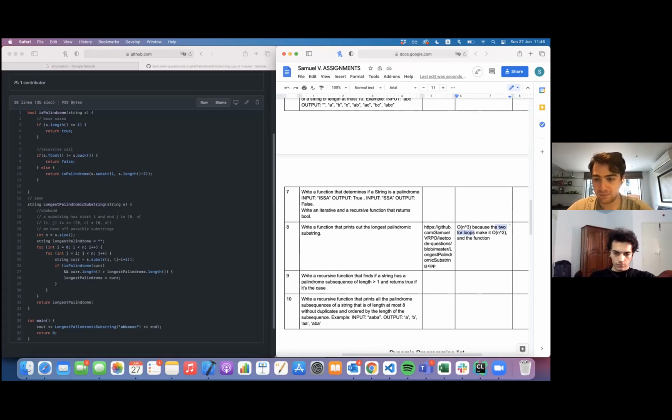Okay. Because I used two for loops to generate all, which makes it n squared, and the function is palindrome is